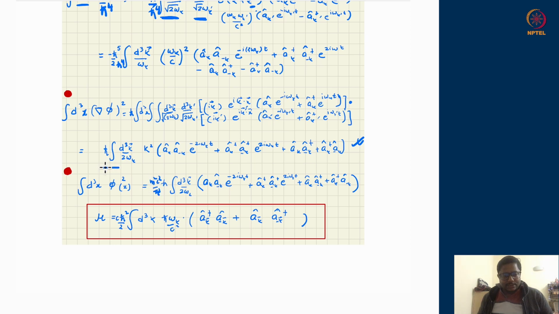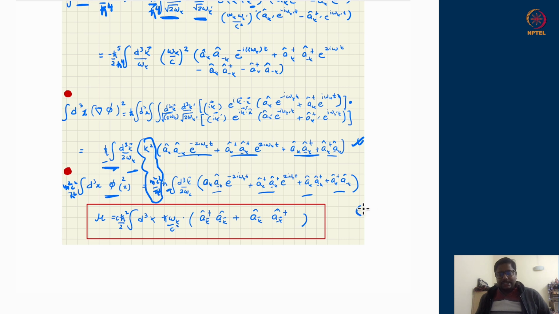So if I combine this quantity and this quantity here, m square c square h square, you will see all those quantities are appearing like they are appearing here as well. So they will just add up. So k square will add up with this. H bar is common outside, integral is common, and the whole factor is common. So from the last two terms, you will get the same kind of integrals with k square plus m square c square upon h square times the integral d3k and the whole object here.